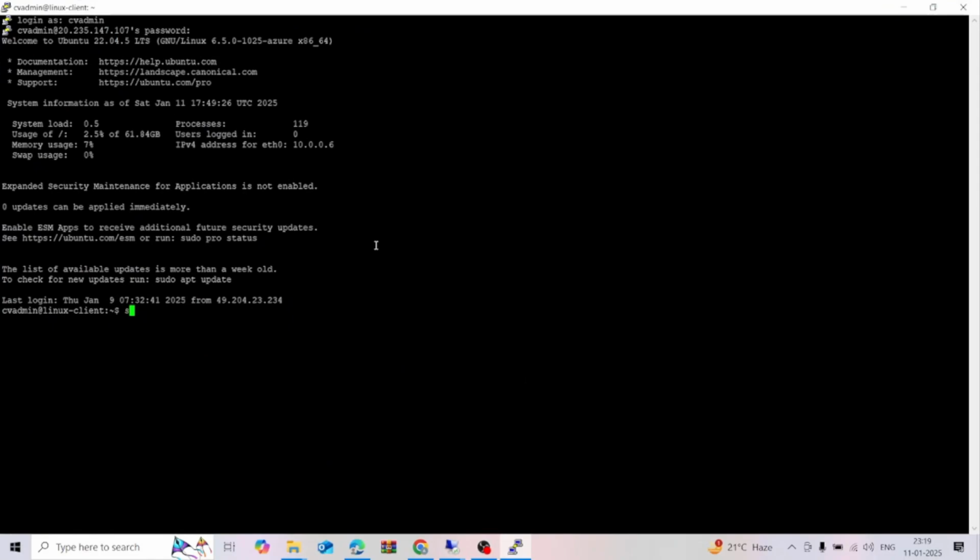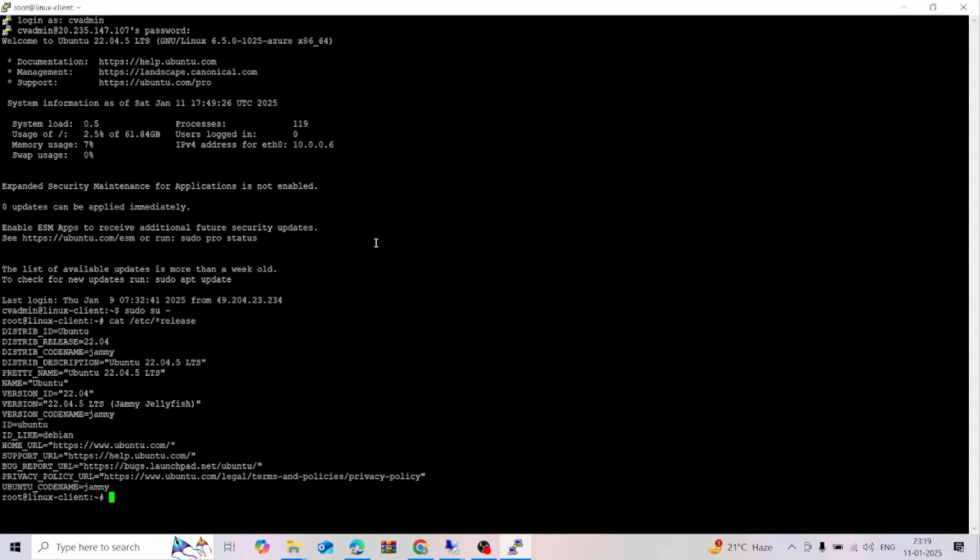Okay, now you see that the Linux session is opened. Now we have to run a command like sudo su. That will elevate to the root shell. You see that now the user has been changed to root. Root is like a super user. If you want to see what flavor of Linux it is, you have to type that